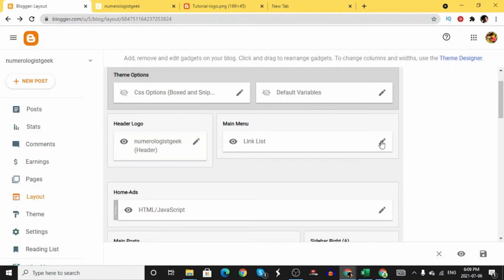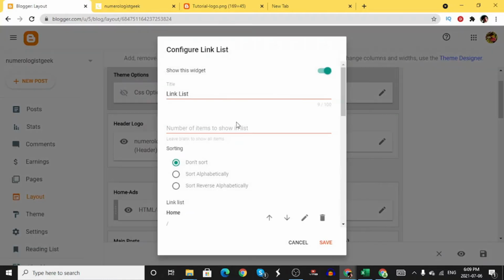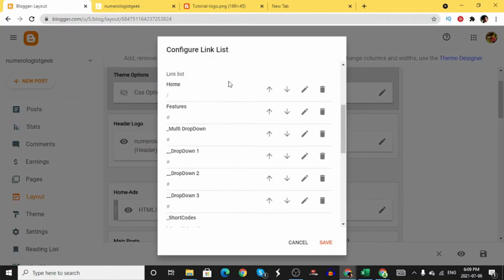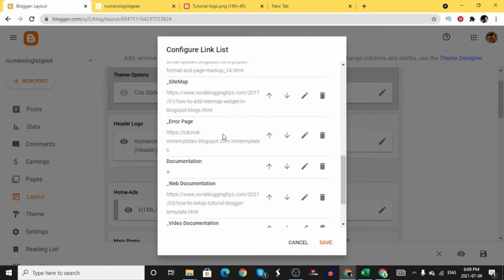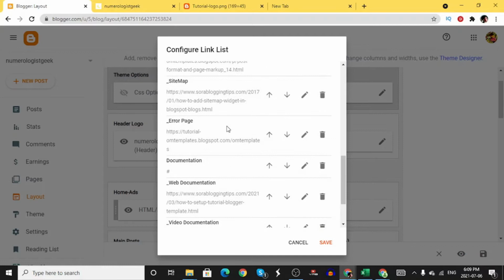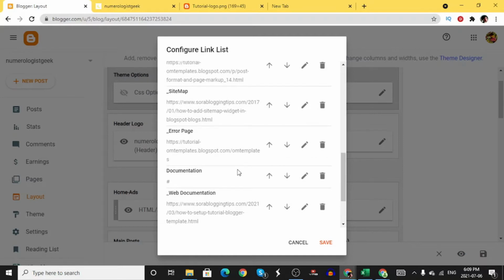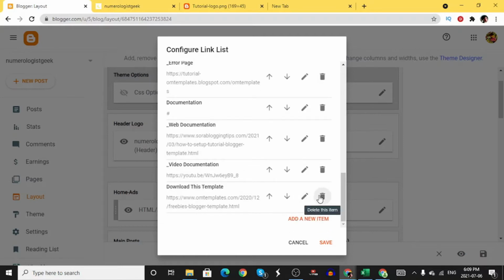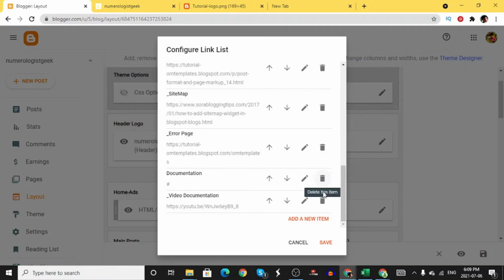So we're going to move on to the main menus here at the top. You can see that this is how exactly the menus are laid out at the top. So what we're going to do is very simple. We shall go on and we're going to delete everything here. So we delete, and